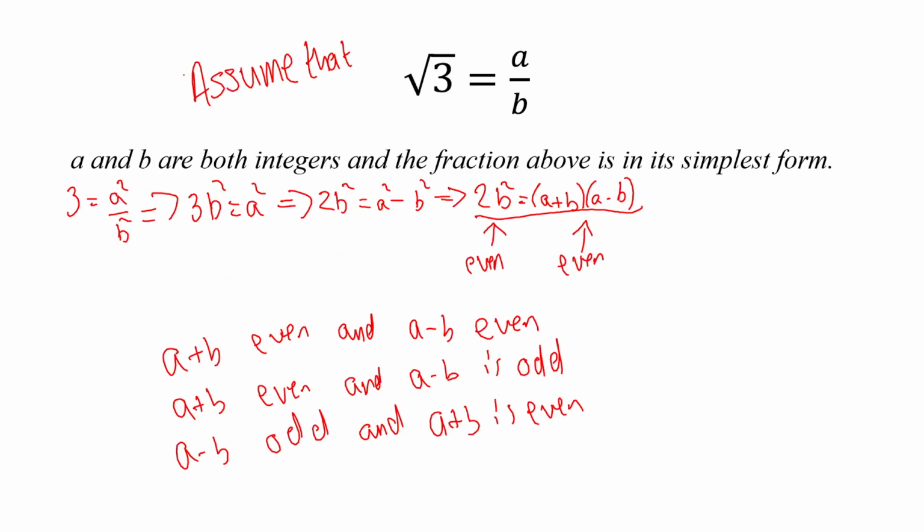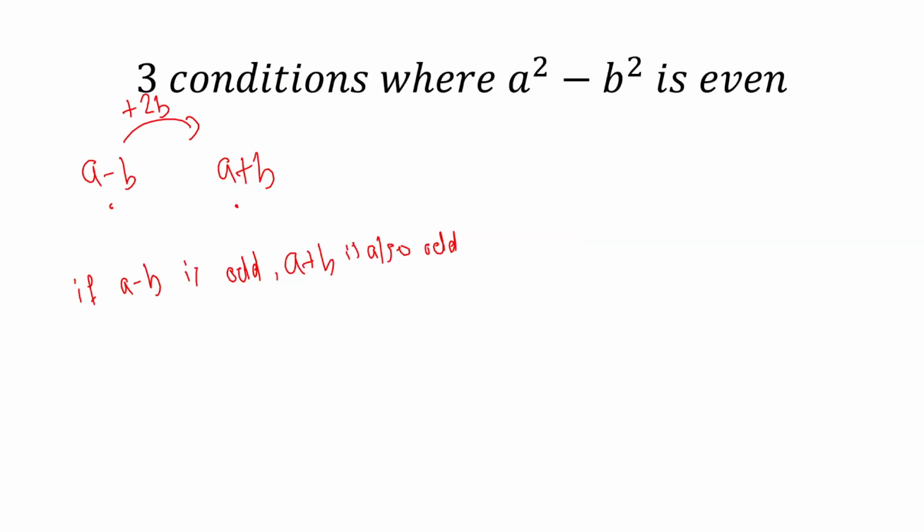So if we go backwards and change the colour of our pen to purple, we can now say that this can't be the case, and this also can't be the case, because neither of the numbers can be odd. The only condition that we can satisfy is where both numbers are even. So, therefore,